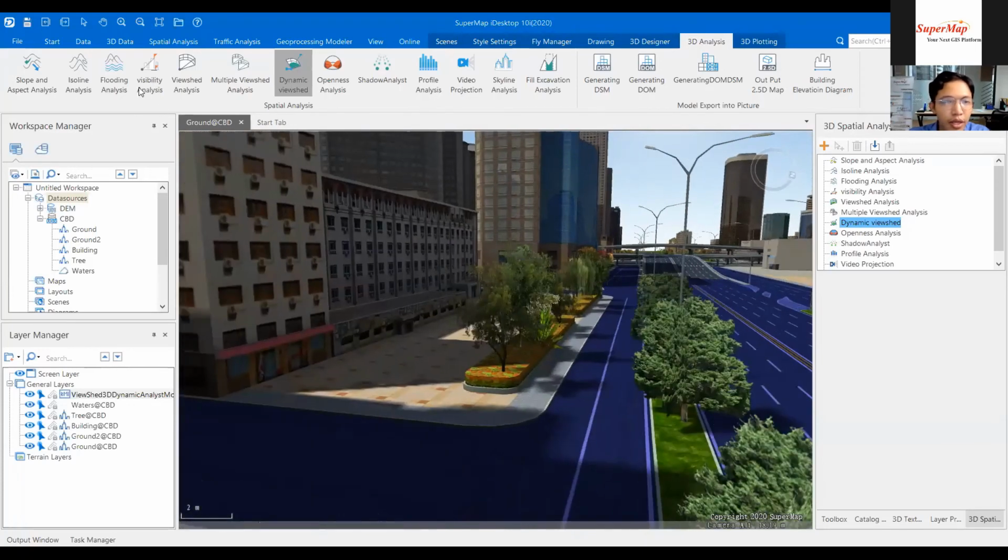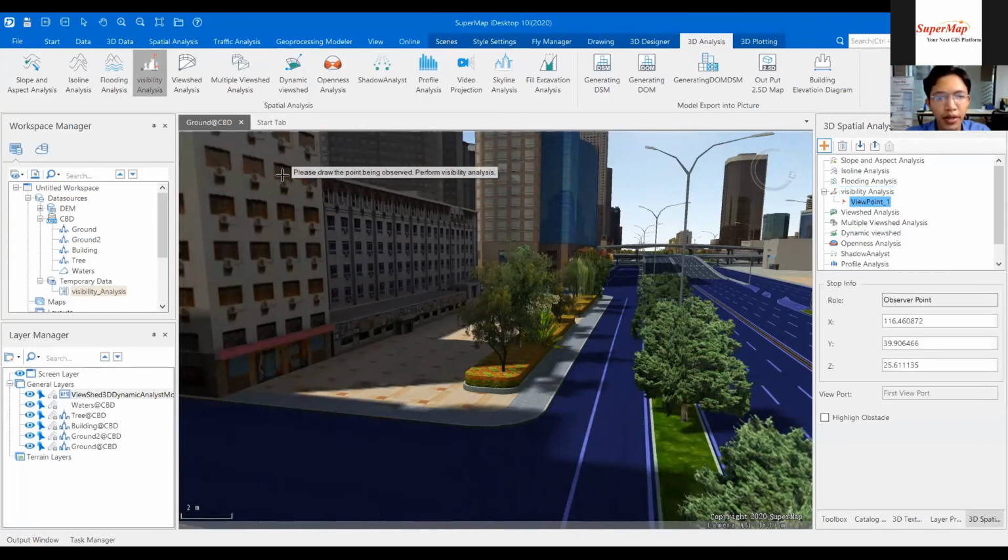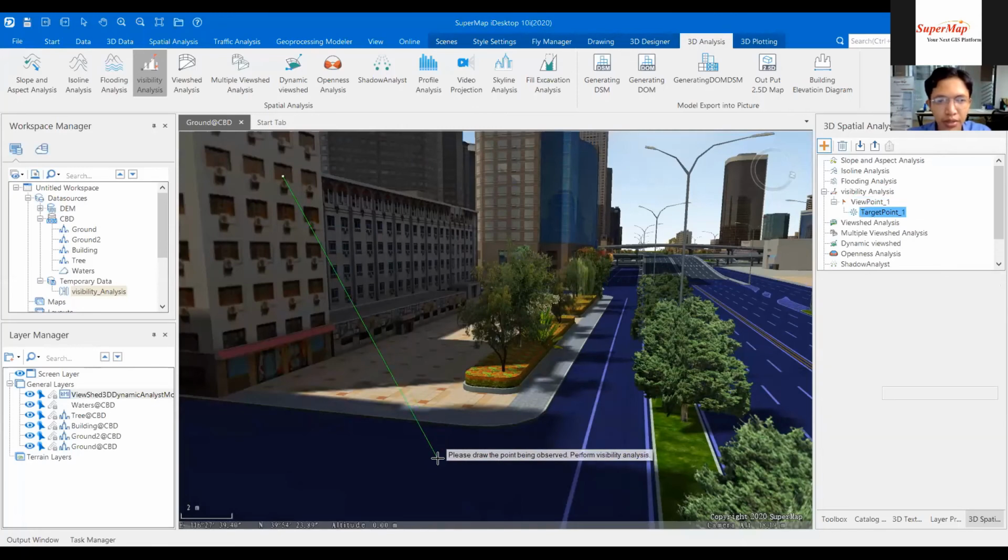Yeah, we can choose the visibility analysis. And for example, I want to see the visibility on the fourth floor. This one, and then draw the start point, and we can end it by drawing the end point,